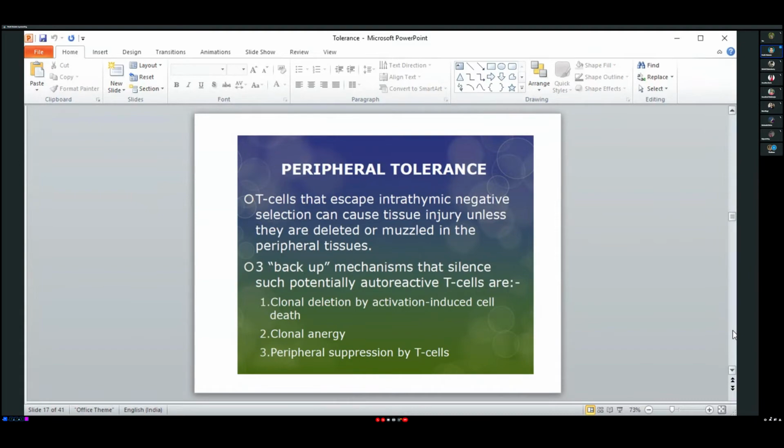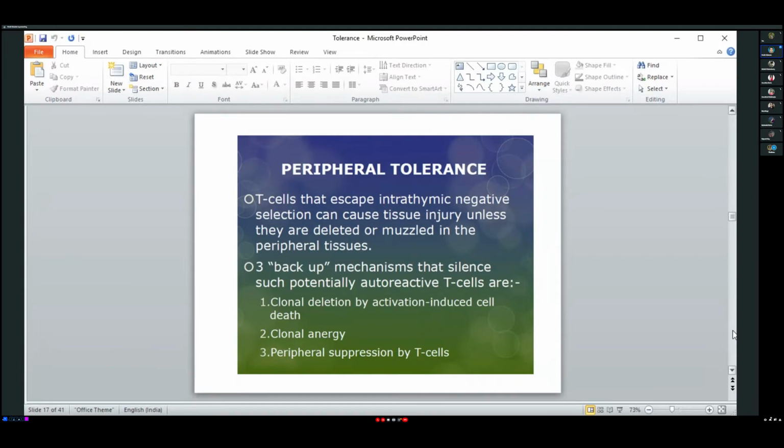So মনে রাখবে, সেন্ট্রাল টলারেন্স ফেল করলে তখন পেরিফেরাল টলারেন্স কাম ইনটু বিং এবং তারা তাদের অ্যাক্টিভিটি শুরু করে। কারণ কোনোভাবে সেন্ট্রাল টলারেন্সে জিনিসগুলো টেক কেয়ার হয়ে গেলে পেরিফেরাল টলারেন্সের আর প্রয়োজন হয় না। কিন্তু যদি সেন্ট্রাল টলারেন্স কোনোভাবে ফেল করে যায় তখন পেরিফেরাল টলারেন্সটা অ্যাক্টিভ হয়। So keep it in mind, there are certain mechanisms by which আমরা পেরিফেরাল